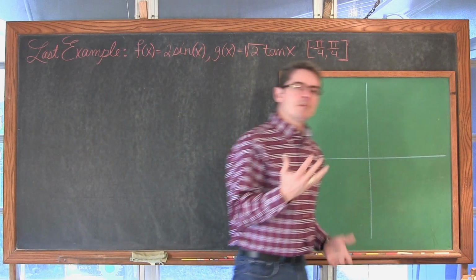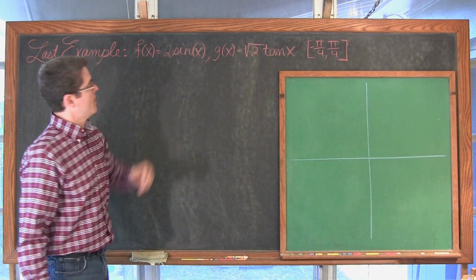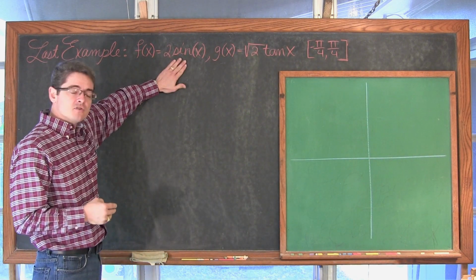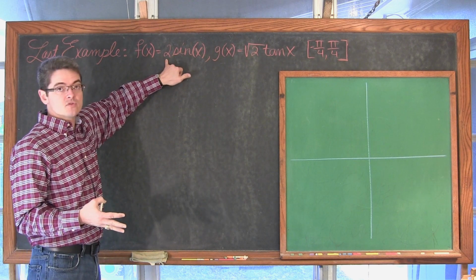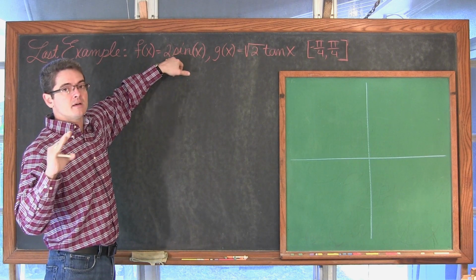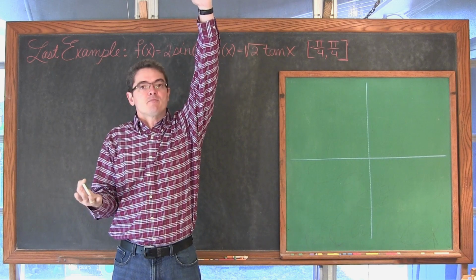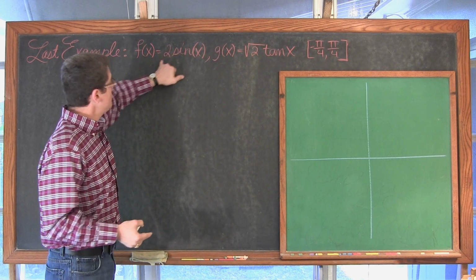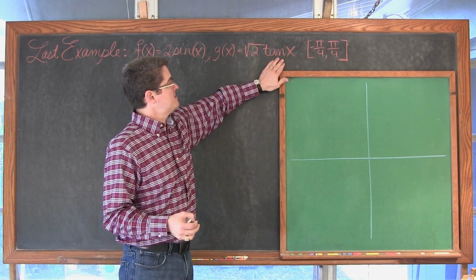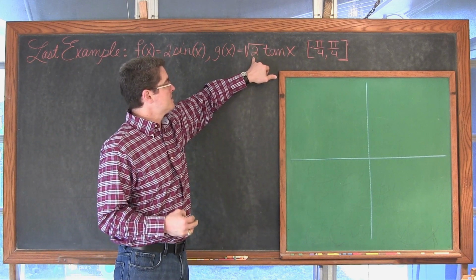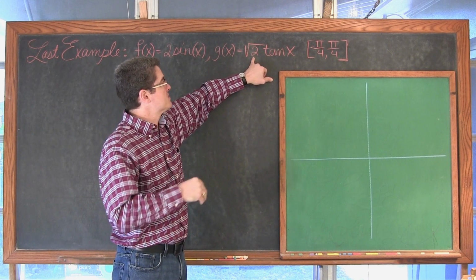So, hopefully remember, graphing some basic trig functions. If not, at least I'll help a little bit here. We've got a sine function whose only transformation is an amplitude of 2. So instead of going like the sine of 0 is 0 and the sine of pi over 2 is 1, well, the sine of pi over 2 is 1, so 2 sine of pi over 2 is going to be positive 2.